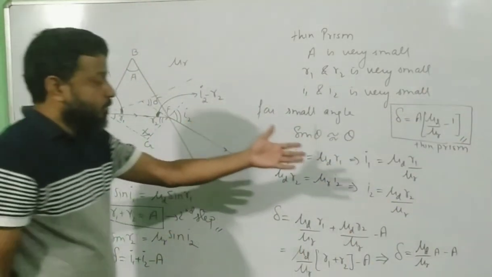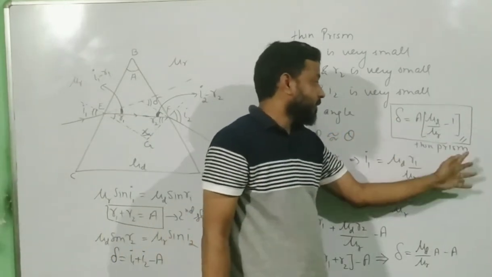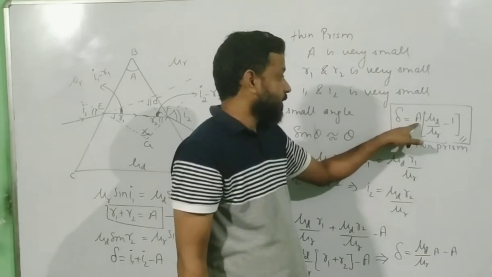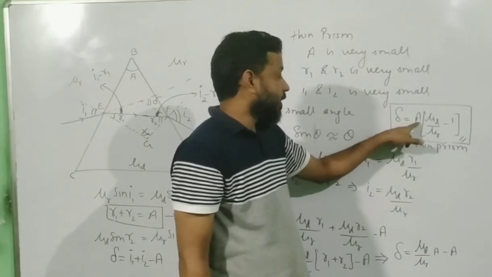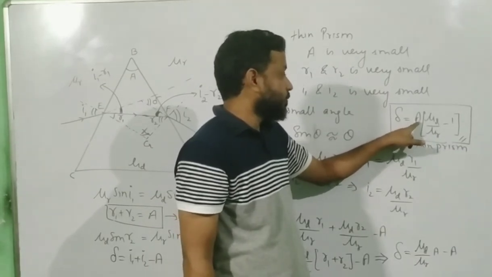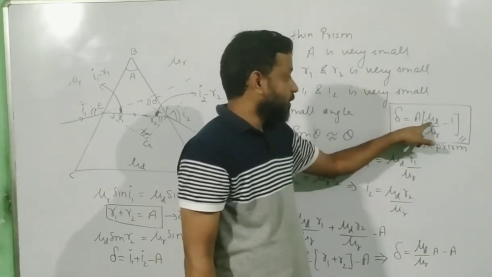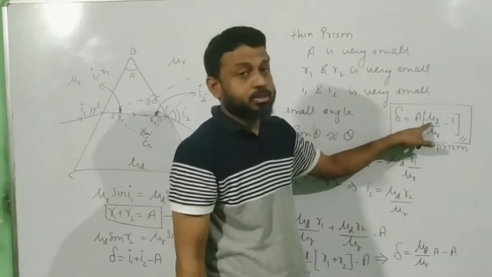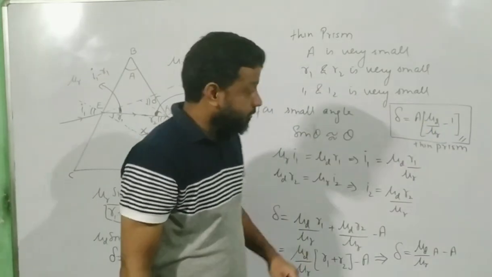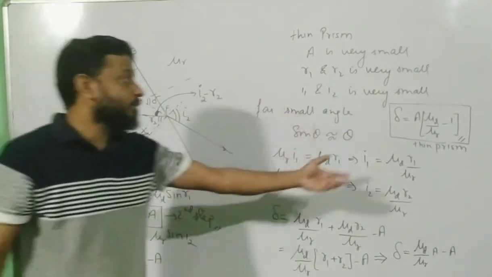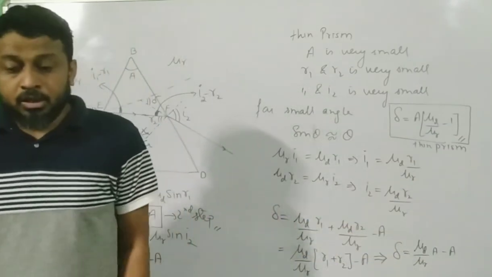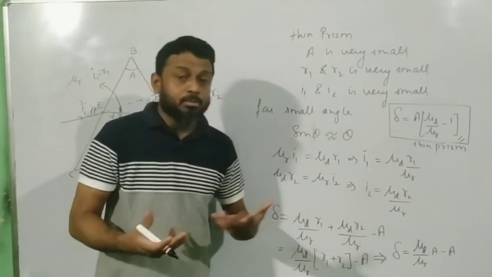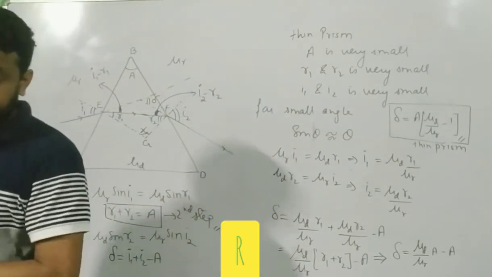And now we can have some questions over here on what factors deviation in thin prism depends on. So it depends on angle of prism. Okay, more is the angle of prism, more is the deviation. It depends on prism medium. If more is the refractive index, more will be the deviation of the prism. Those things we can derive from the formula. So we will be discussing in the class the concept of minimum deviation, and that will be discussed on PPT mode.